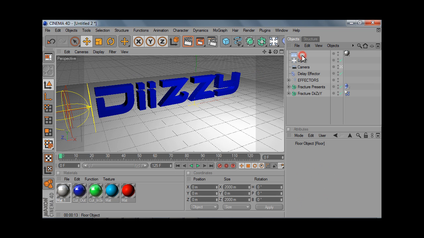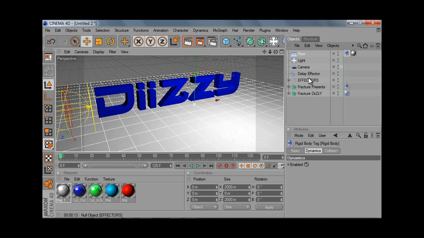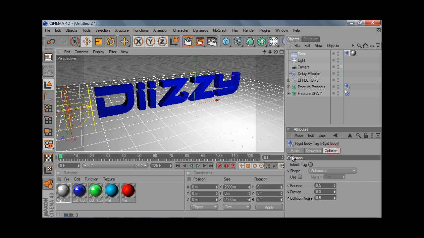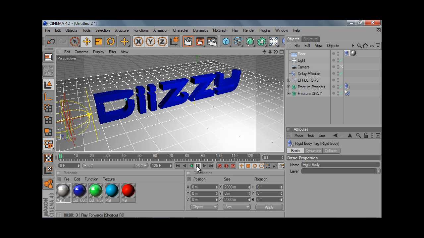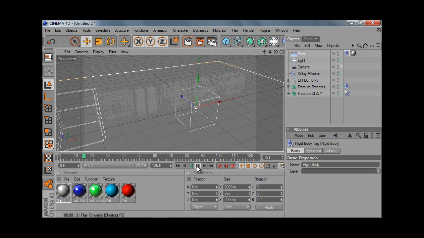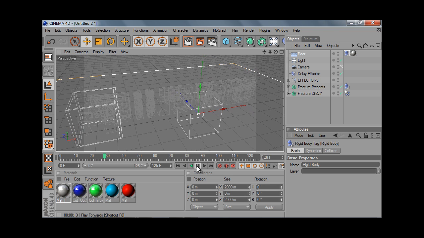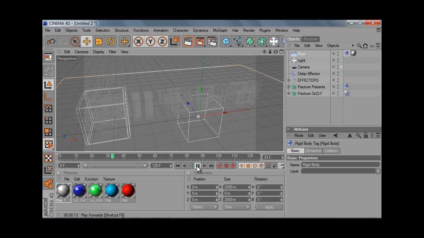What you want to do is go into the floor, right click, MoGraph, rigid body. Then make sure that that's enabled, that this is all good. Yep, that's fine. So that basically when it plays, what's going to happen is the text is going to stay on the floor instead of going through the floor, because adding rigid body,